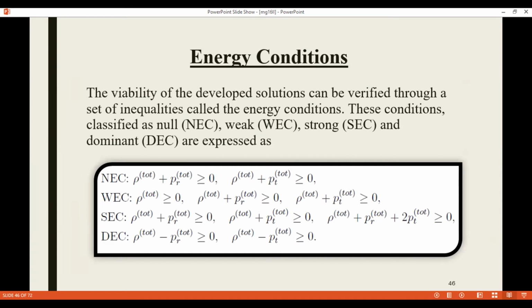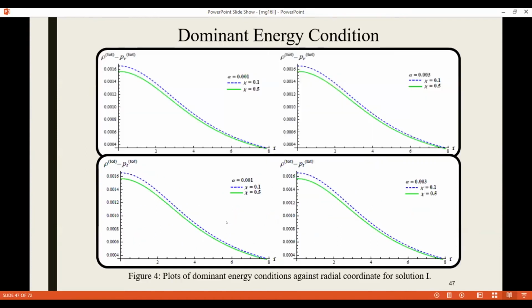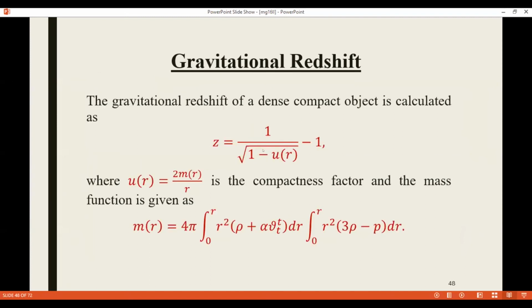Okay. Thank you. Similarly, one can check the energy conditions for these solutions. These are the energy conditions, the mathematical form of these energy conditions. And we can see from the graphs that all these energy conditions are satisfied because they provide positive behavior as well as zero at zero. So they are all satisfied. We can also check the gravitational redshift. Its formula is given here, and we can calculate